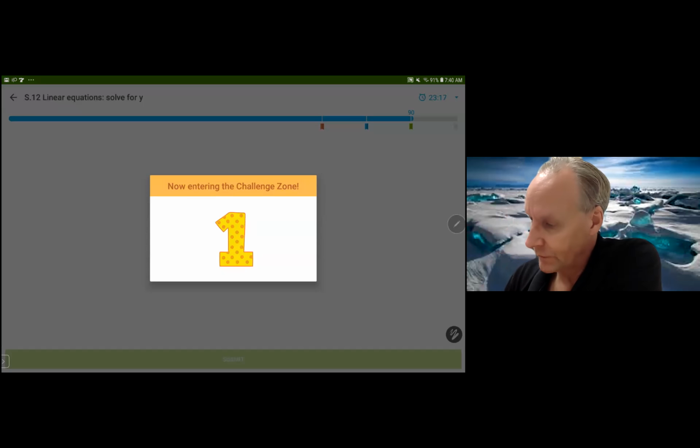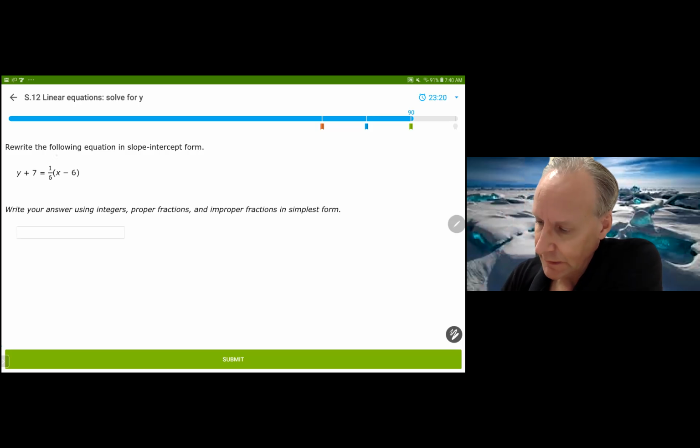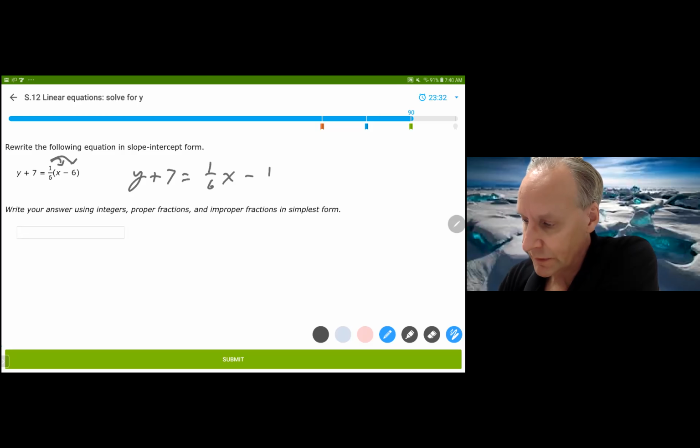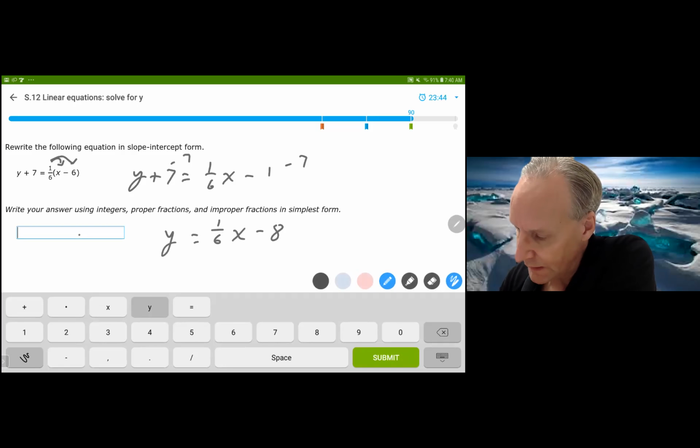All right, so we have challenge zone. We are going to distribute our 1/6 to both parts, of course. That's going to give us y plus 7 is equal to 1/6 x minus 1. And we're going to subtract the 7 from both sides. Y is equal to, sorry, my handwriting's deteriorating here, minus 8. Don't forget the spaces. So we have y equals